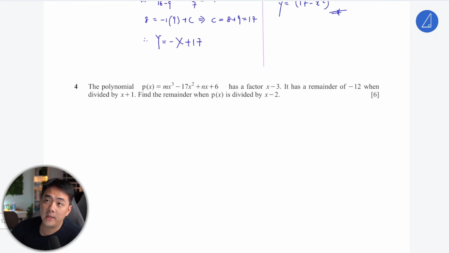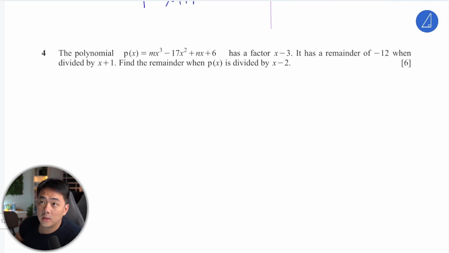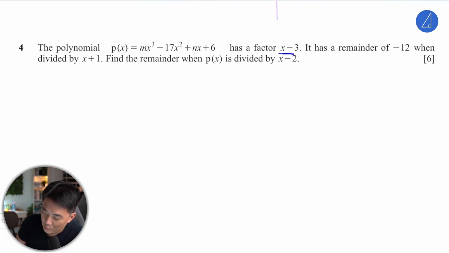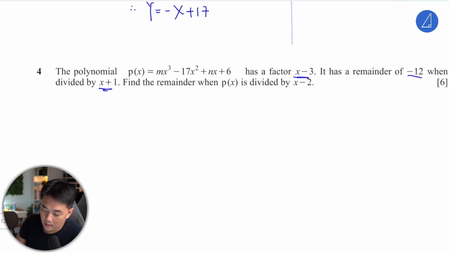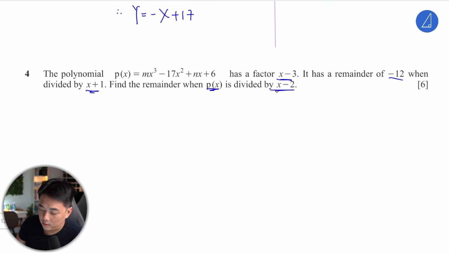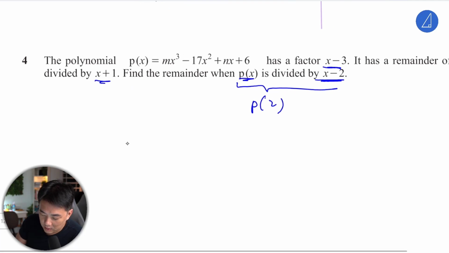The polynomial p(x) equals m x cubed minus 17x squared plus nx plus 6 has x minus 3 as a factor. It has a remainder of negative 12 when divided by x plus 1. Find the remainder when p(x) is divided by x minus 2. Essentially what we need to find is the value of p(2) by using the remainder theorem. But we are told that there's a factor. So if x minus 3 is a factor,